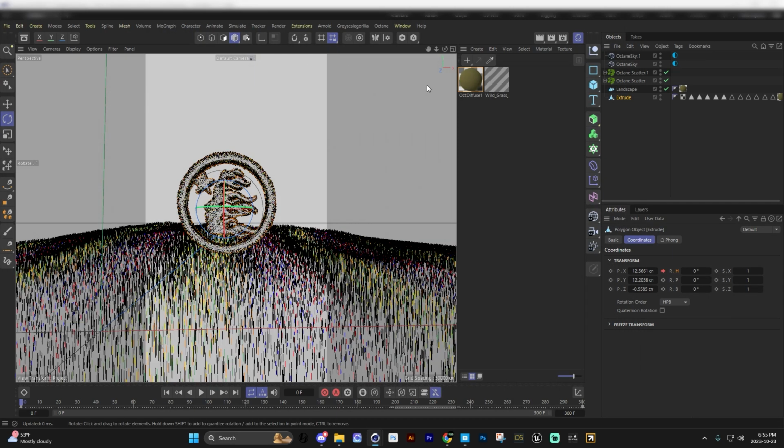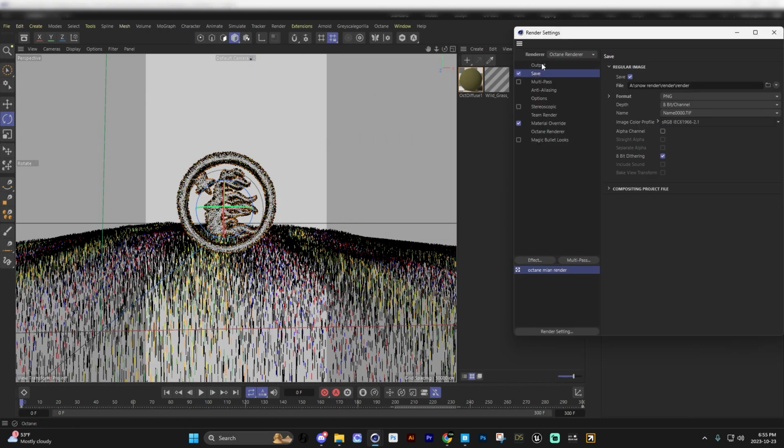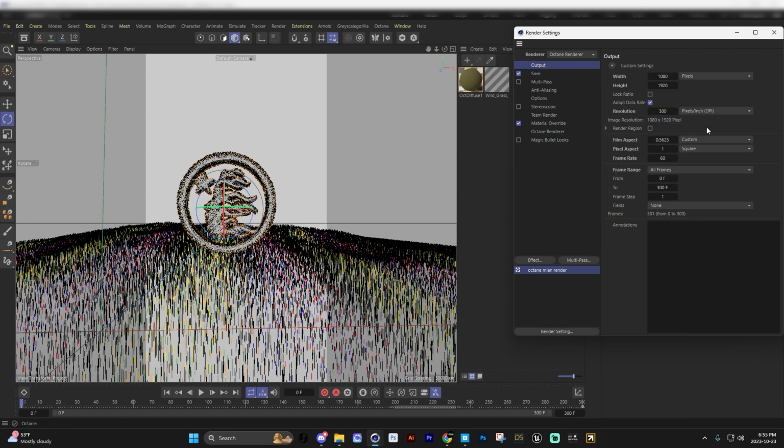And like I said, these are my render settings. If you guys haven't seen my render settings before, these are my render settings for this render. So I'm gonna render it out. And yeah, very simple workflow. This is kind of like a quick tutorial, not really a tutorial.